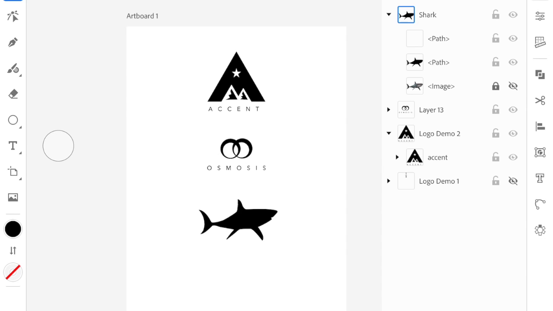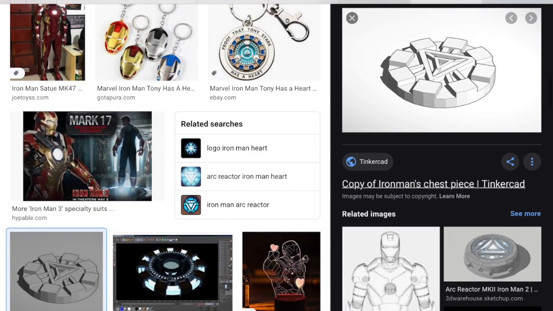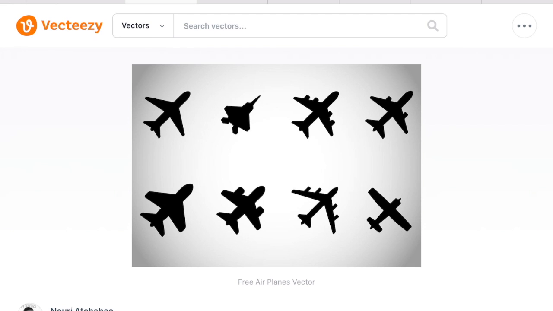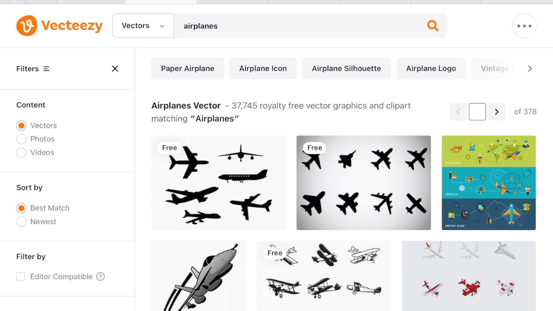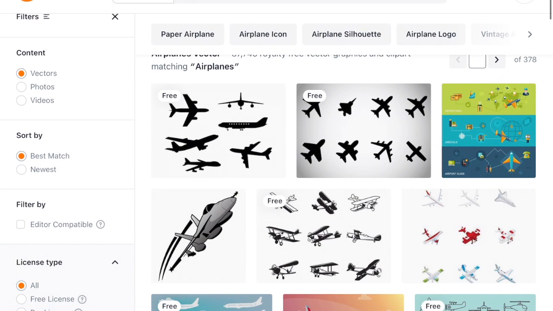The last thing I want to show you is where you can download vectors and combine with other shapes. So if I go to a site, I can search for free vectors. There's two sites that I like to use a lot, Vecteezy and freepik.com. And I've searched for airplanes. And it's a good idea to filter before you actually find one you like, because this is a website that offers free stuff, but they're also selling ones as well. So I'm going to search for vectors. I'm going to hit free license,